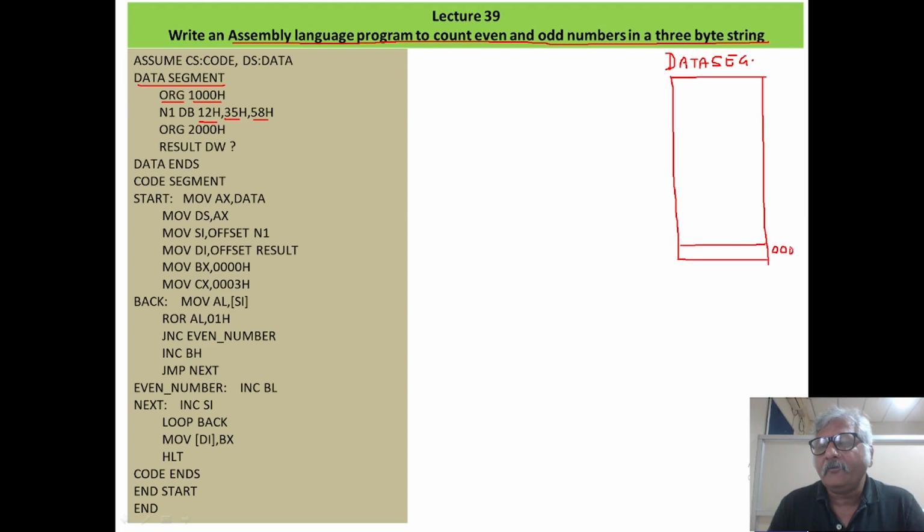Suppose this one is the first offset address 0000H, and last is FFFFH. So somewhere in the middle we are having a memory location whose offset address is 1000H.